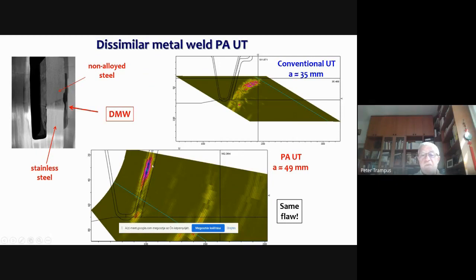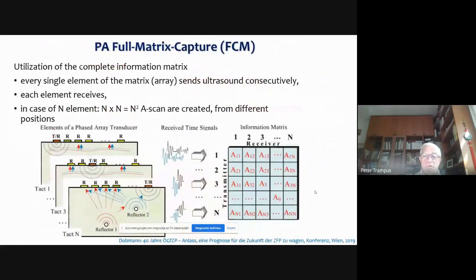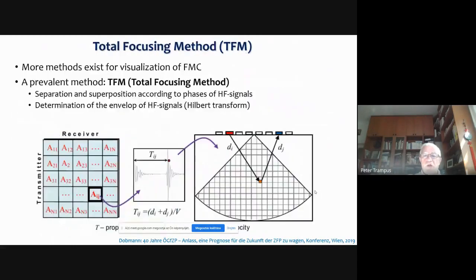So this is the capability of the phased array compared with conventional UT. And the phased array has other consequences, the full matrix capture and the total focusing method, which utilize the given characteristics of these techniques.